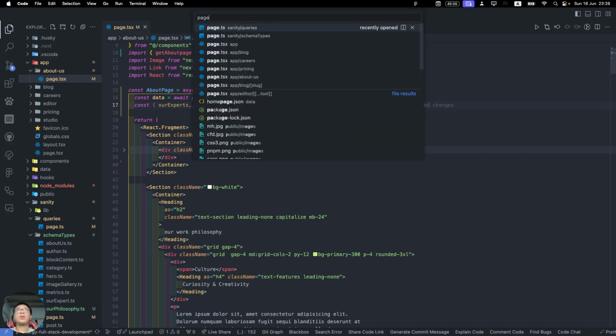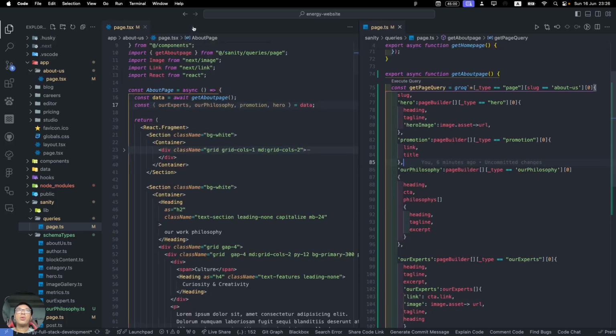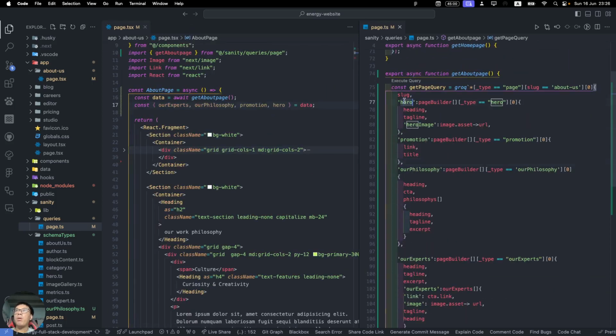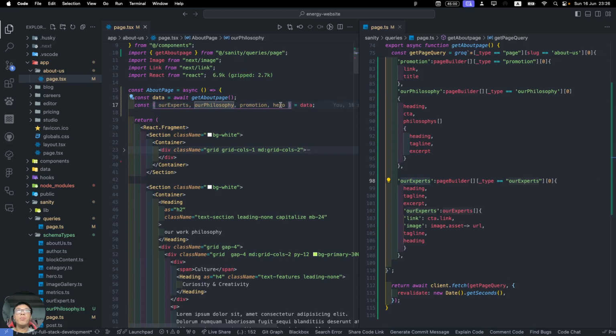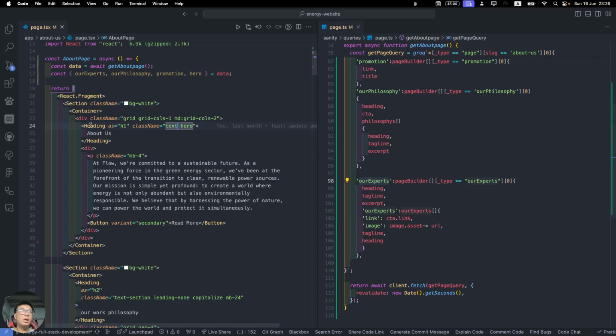So let me check on the home page in here to double check on this. So you will see that we have about page, we have hero, we have promotion, our philosophy, and our experts. So this is what we need: our experts, our philosophy, promotion, and hero. That's it. It's pretty simple, right? Okay, so let's start from the data. So for the About Us, we're going to use the hero heading for this, and we're going to have the hero tagline